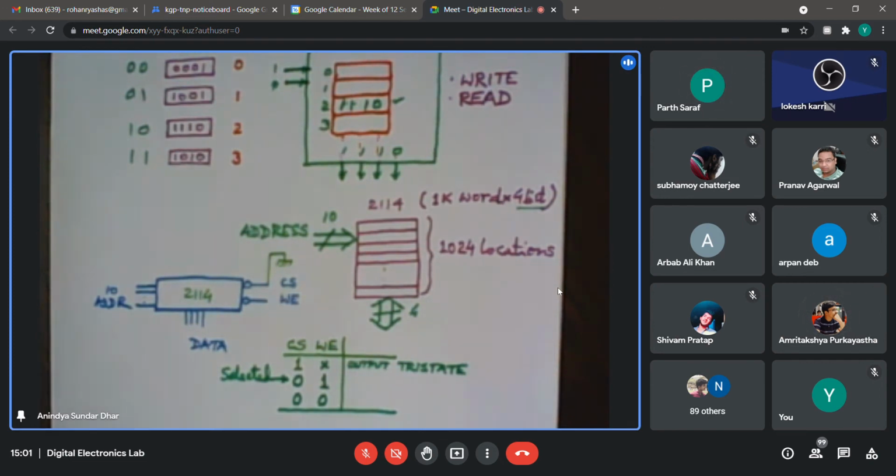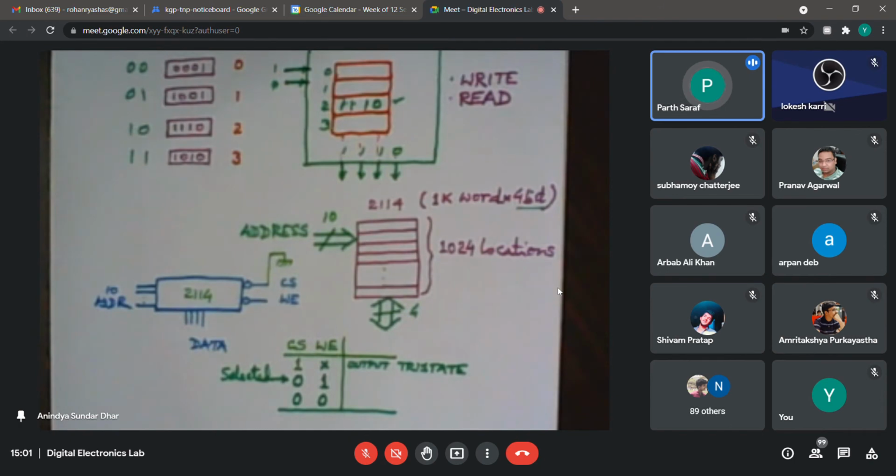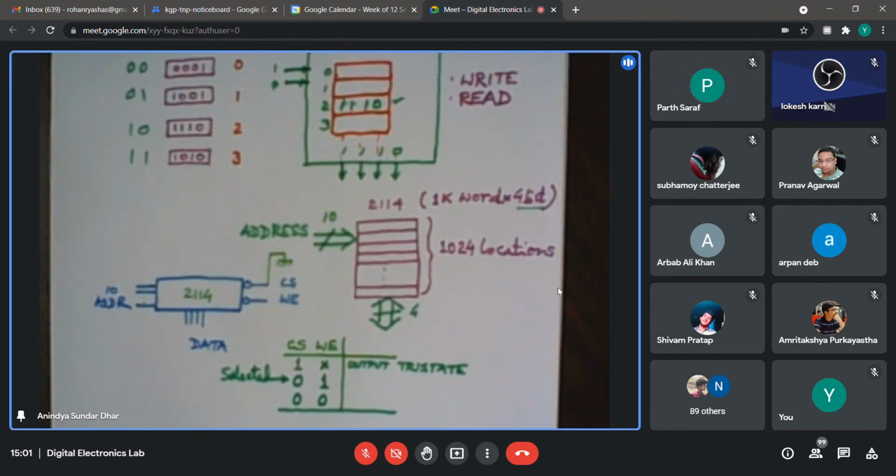Could you please explain the function of chip select again? Chip select is, if I do not select a chip, then the output will remain tri-state. Otherwise I may not be able to connect more than one chip, suppose there is a 4-bit bus, because the outputs of the chips may not tally.